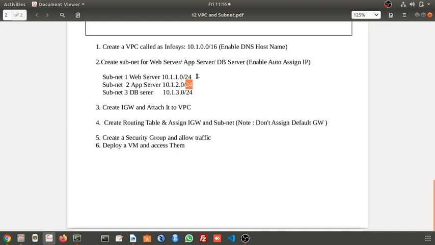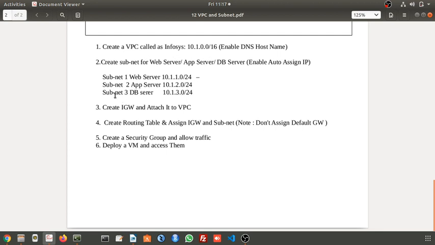That is 255 cube number of virtual machines you can place in each and every subnet because the class is /24. Here you can have 255 squared subnets in this VPC. Okay, you can assume how many virtual machines can be included if one VPC is created with this class.